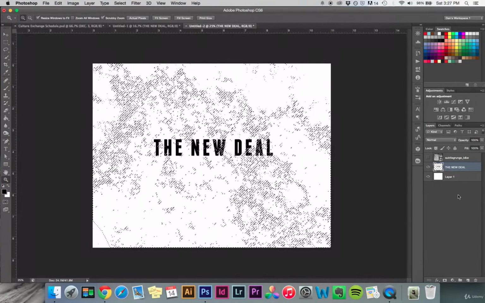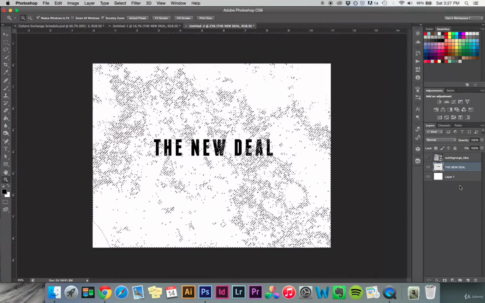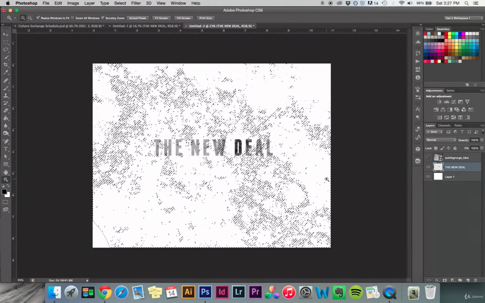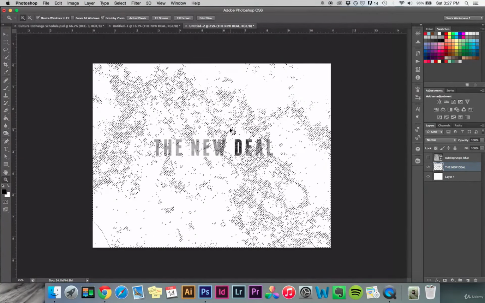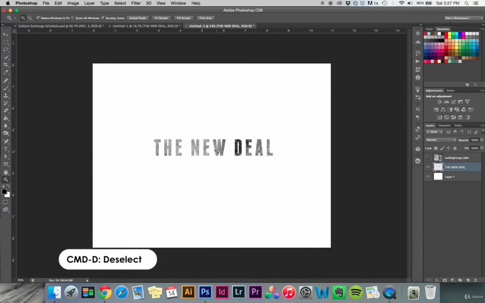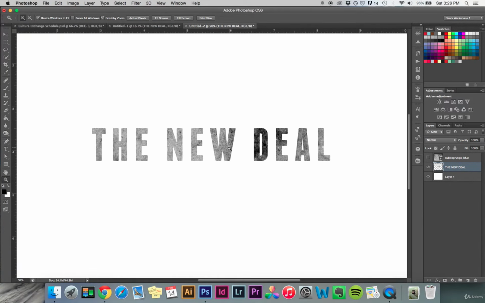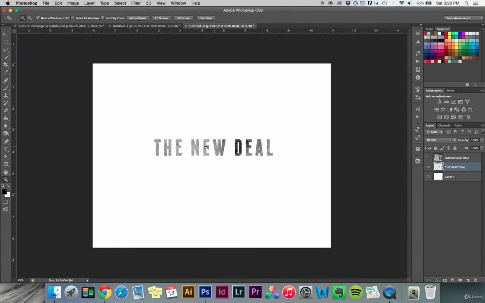and now with the type layer selected as a layer on our right here, I can simply hit the delete button, and I see that all of those color values have been subtracted. I can press Command D in order to deselect, and now we have the same type layer with a new texture applied to it. And I would say that's an interesting texture there,